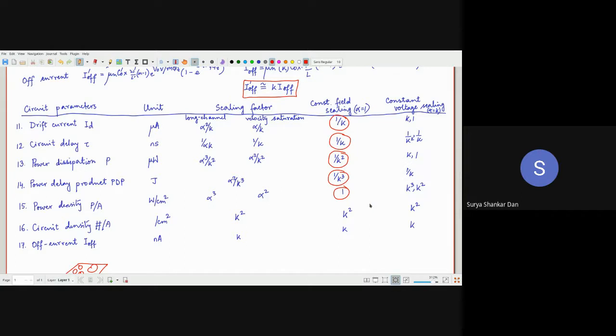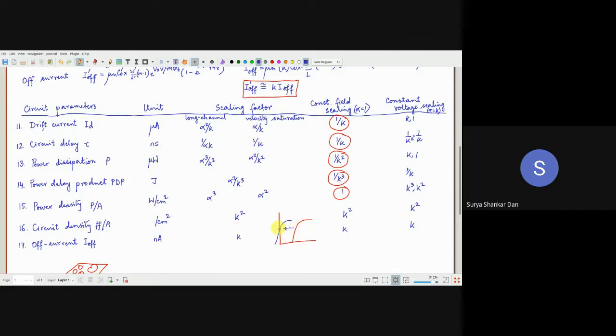Okay, that's excellent. Now, one of the problems of scaling is the off current. I have already discussed this when we were talking about the subthreshold leakage and all that, right? That means if your VT changes from here to here, what do you understand? So this is your off current. Earlier, the off current was practically zero. If your technology scales, then VT gradually reduces. VT doesn't scale, by the way, but it reduces somewhat.